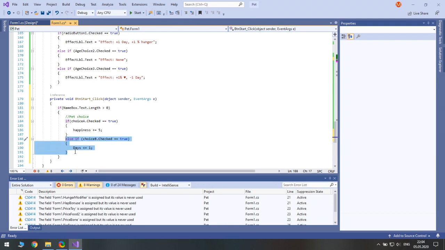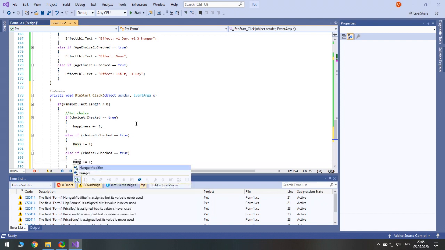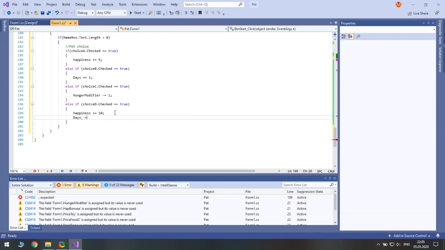Else, if choice C is checked, we reduce the effect of hunger, so hunger modifier minus equals 1. Else if choice D is checked, we increase happiness by 10, and we decrease the number of days by 1.